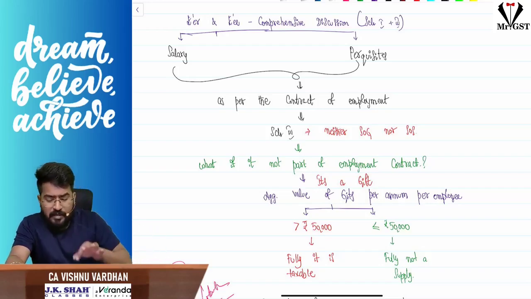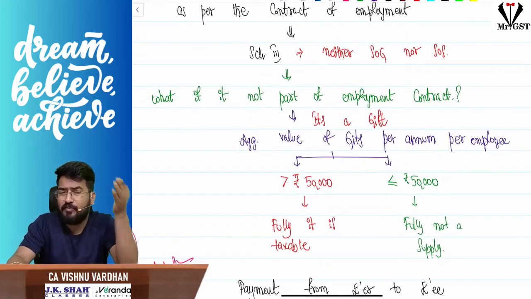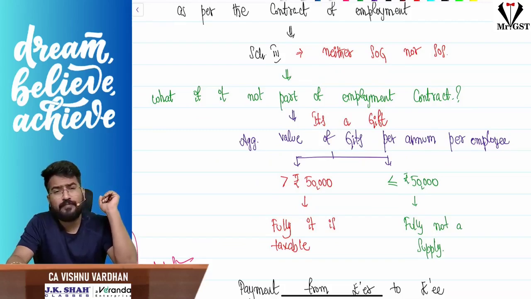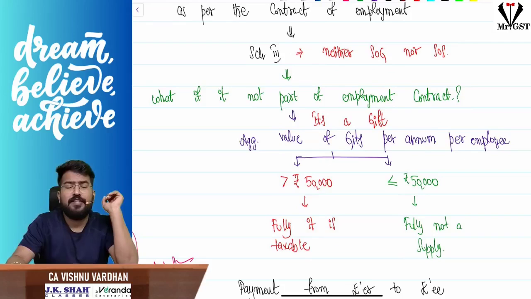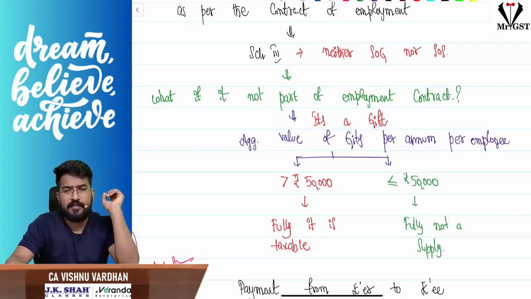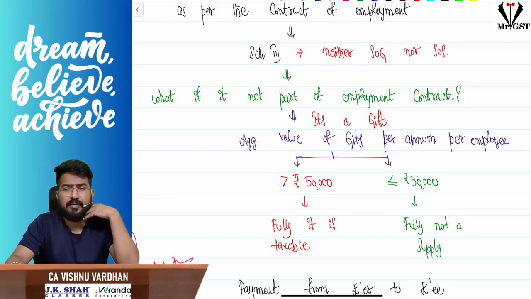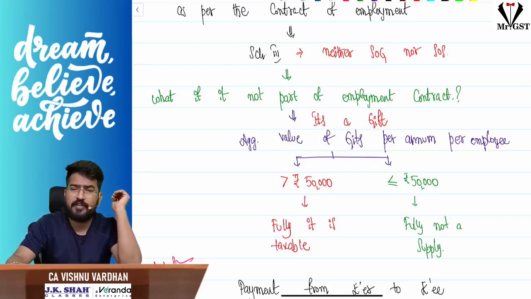But sir, certain things are provided by the employer to the employee which are not part of the employment contract. What about them? For example, there is a New Year celebration or a best employee award, and some gifts are given by the employer which are not mentioned in the employment contract. It is not a salary, not a perquisite. In such cases, this becomes a gift, that means without consideration. I am paying you salary and perquisites, so whatever extra is given is nothing but a gift,